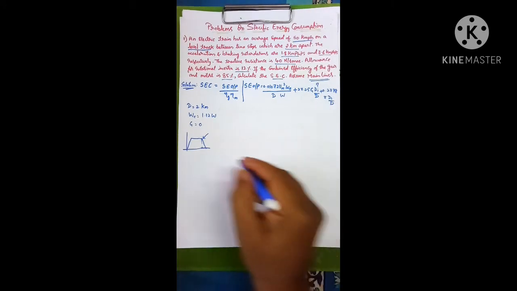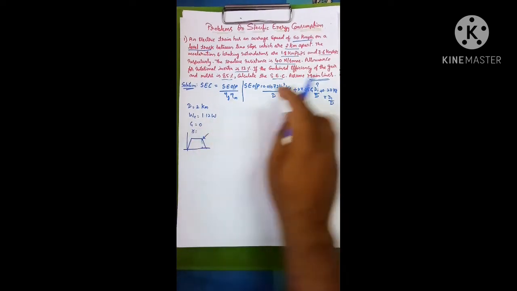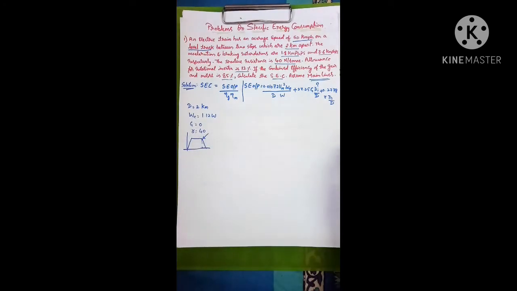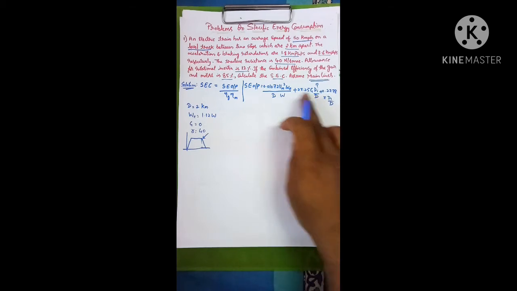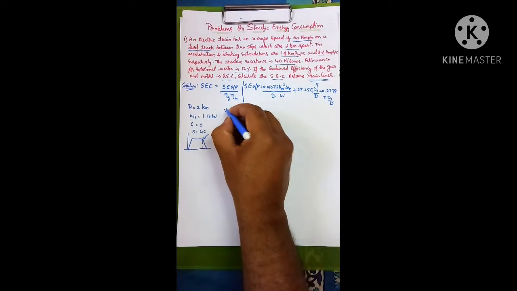Then resistance r is given as 40 Newton per ton. So the only thing is we need to identify what D1 is and what Vm is. The maximum speed is not given, so find D1 and Vm, then substitute here and you'll get the answer. So let's first find Vm, the maximum speed. Let's write a formula to get that.